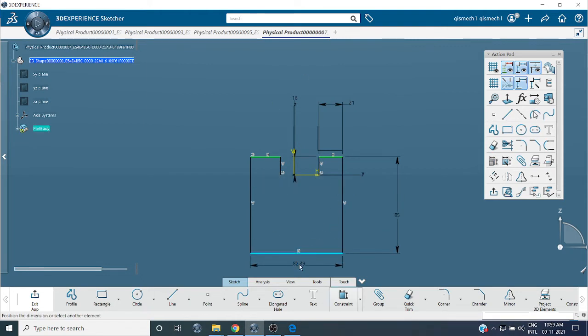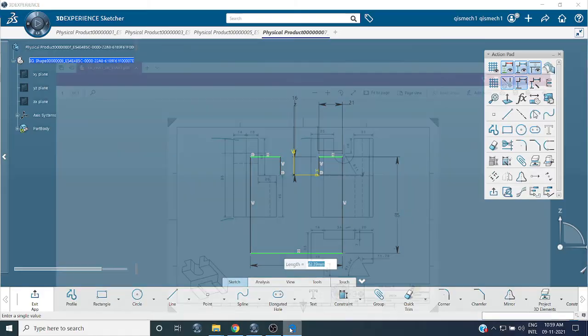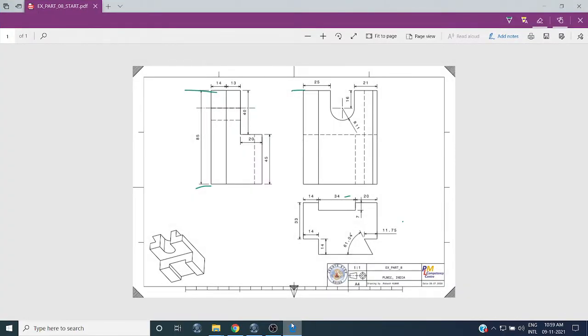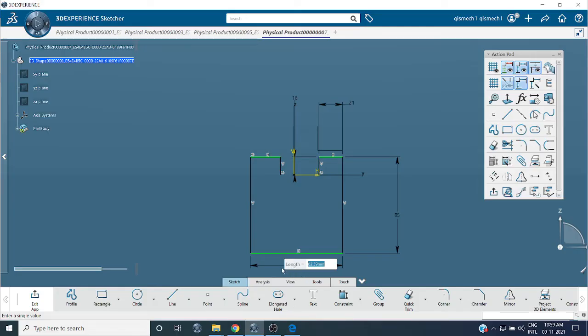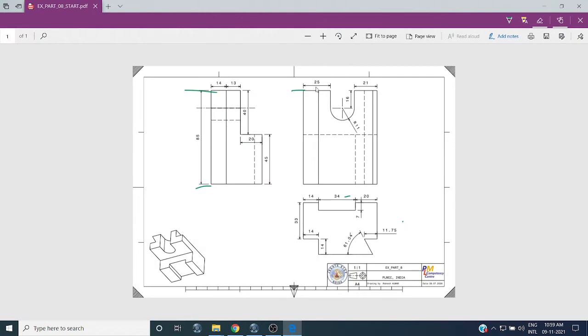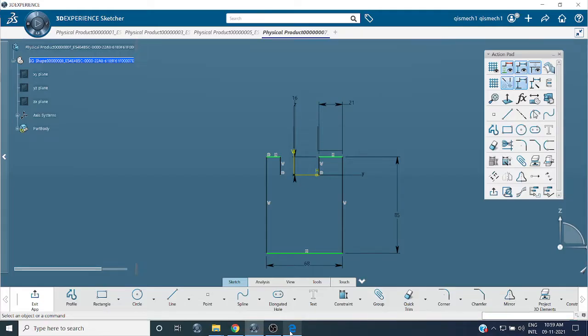The horizontal line, the total dimension, how much is it? 14 plus 34 plus 20 is 68. Anything left? Yes, this is 25.